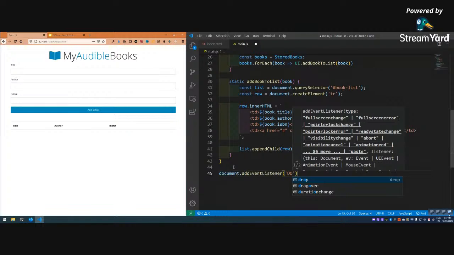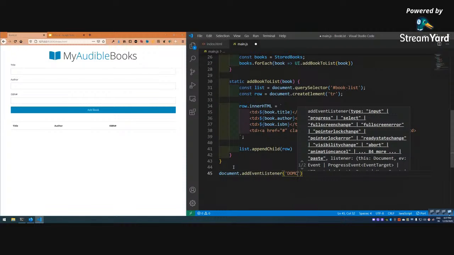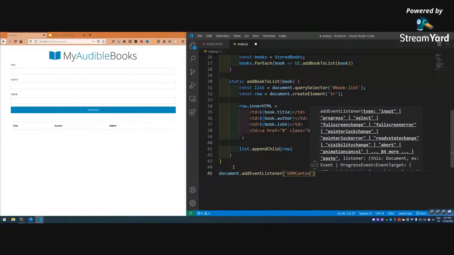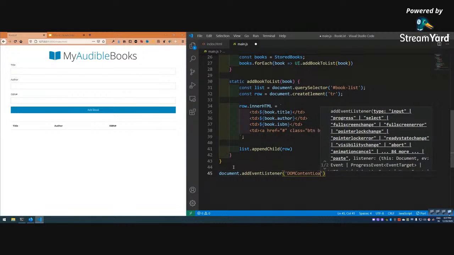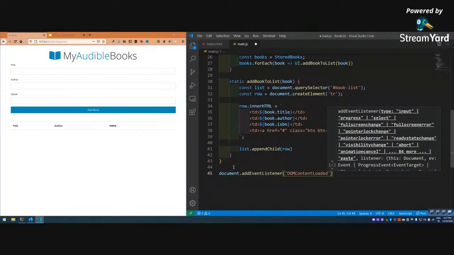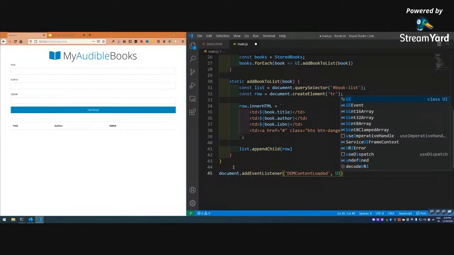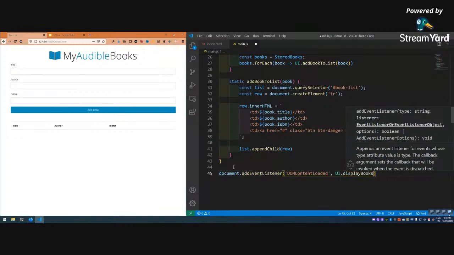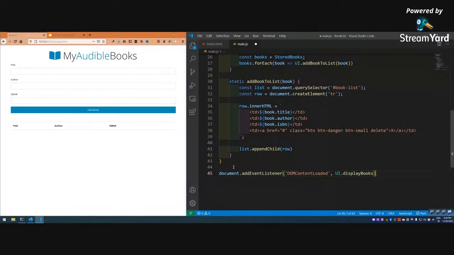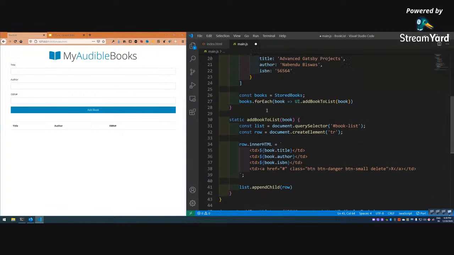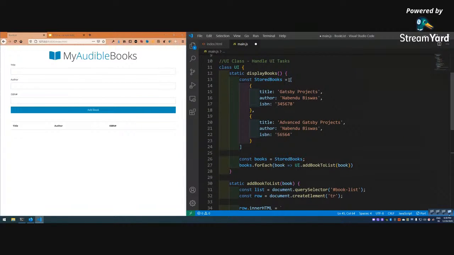We'll have a special thing, DOMContentLoaded. When the DOM content loads, then we will run UI.displayBooks. We will run UI.displayBooks, in which